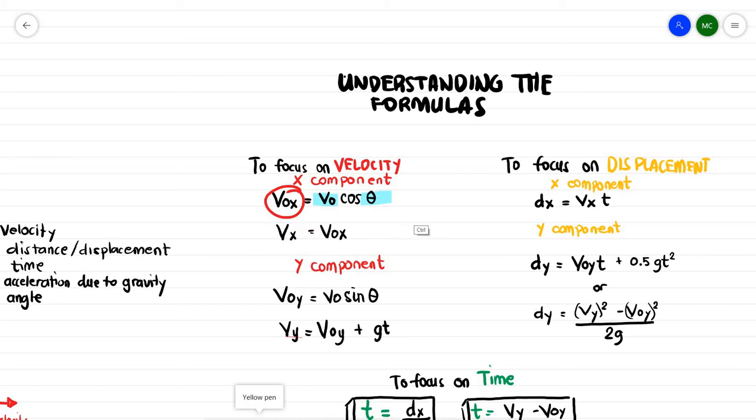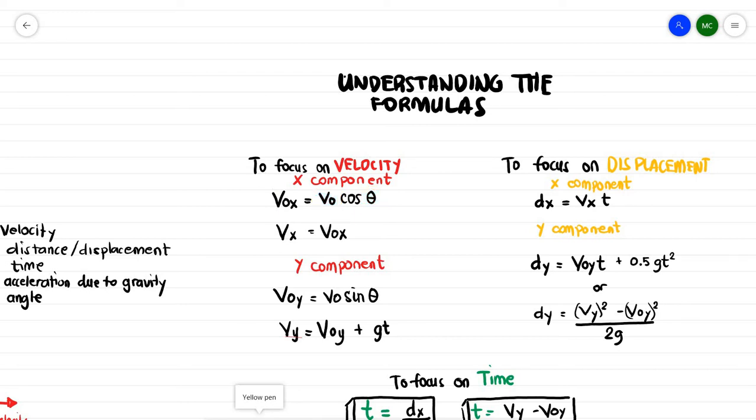Okay. So again, take note that if you are given initial velocity like this one, good thing. If you are given angle theta, it's also a good thing. So it's easy for you to find your v sub ox. Okay. So angle theta, just use the calculator and substitute the values and you will find the answer. Next,